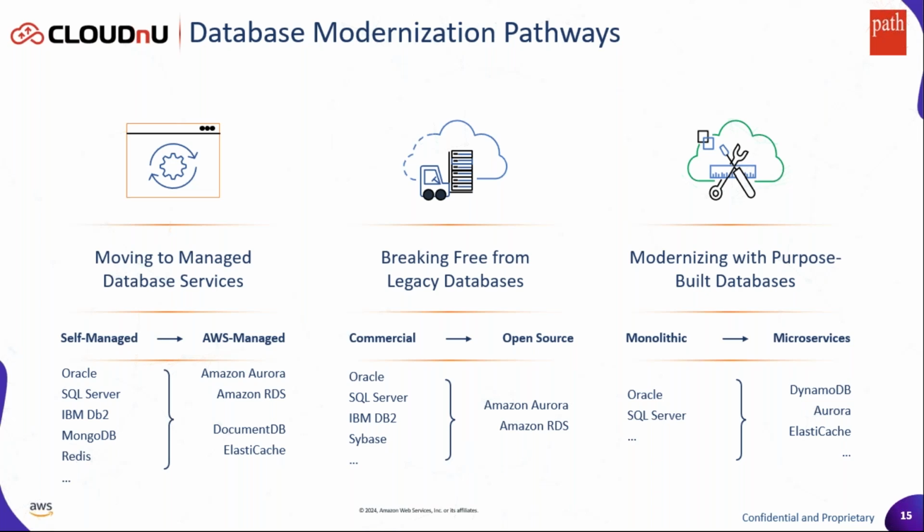Or if you're building new applications and you want to adopt native services or purpose-built services, and not just relational, you have various options like DynamoDB, which is a very good one for key value pairs. You've got caching databases, caching services. There are a lot of options available. So these are the different pathways that you can take for modernization. And always, I would recommend starting with the managed service first, and then you move to the right. As you move to the right, again, remember, you will start to see the improvement in TCO.